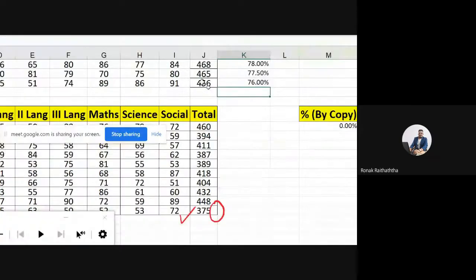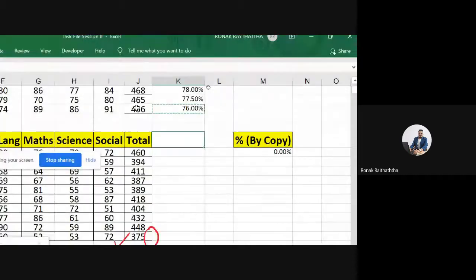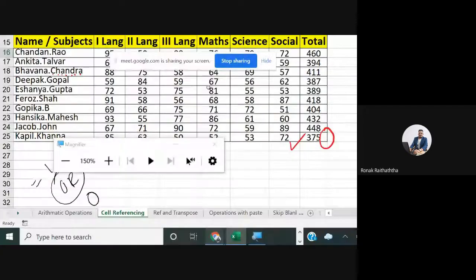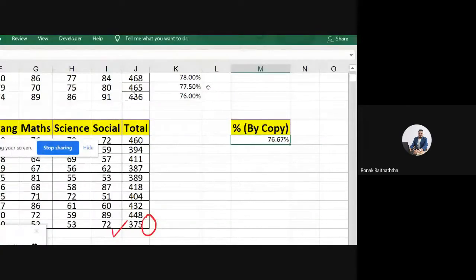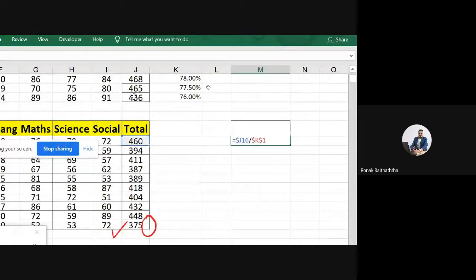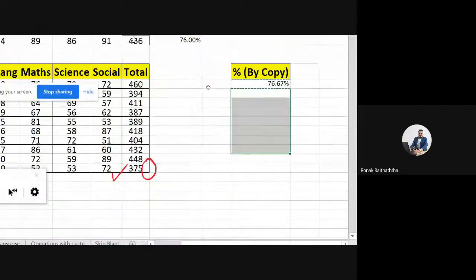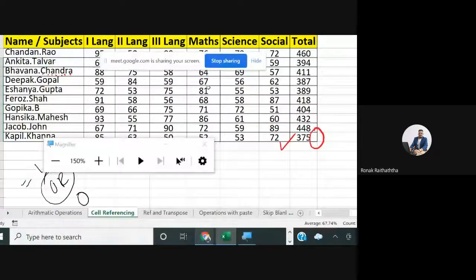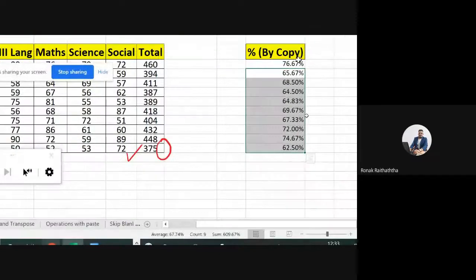Now if we copy and paste it over here, we'll get the percentage for this one too, because the column J is fixed. And yes, we can copy and paste it down further now, Control V, so we get the percentage of all the students. You must have observed that column J is fixed, but the row numbers are getting changed. So this is what we had done in the last session.